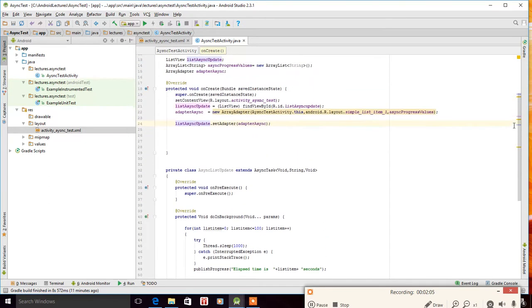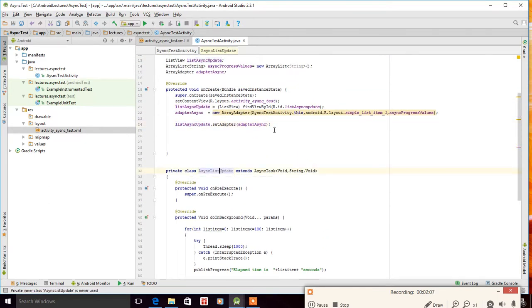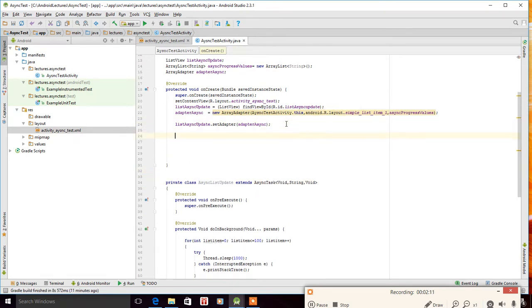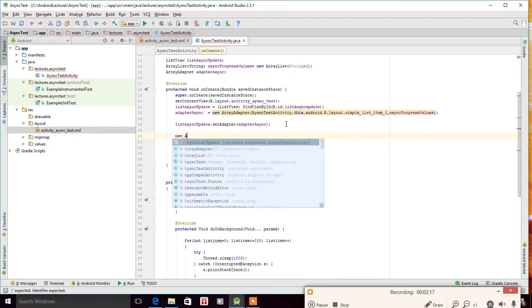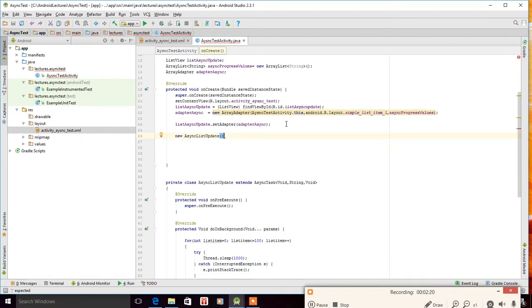Yes, but one thing is missing. Our asynchronous list update class or task needs to be called. We can call it simply with new, because there is no return value. New async list update dot ex, and there are also no parameters for this class, as you see, so simply call execute, and